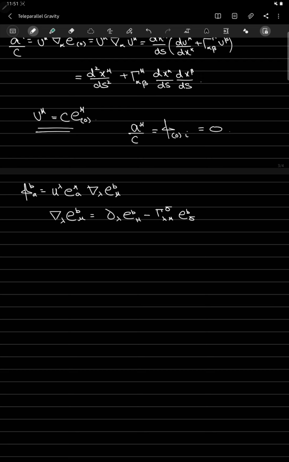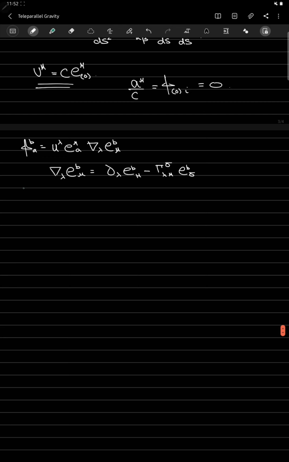Right, now what you can do is use an identity, which is given as partial lambda e b mu minus the Christoffel symbol lambda mu e b sigma,